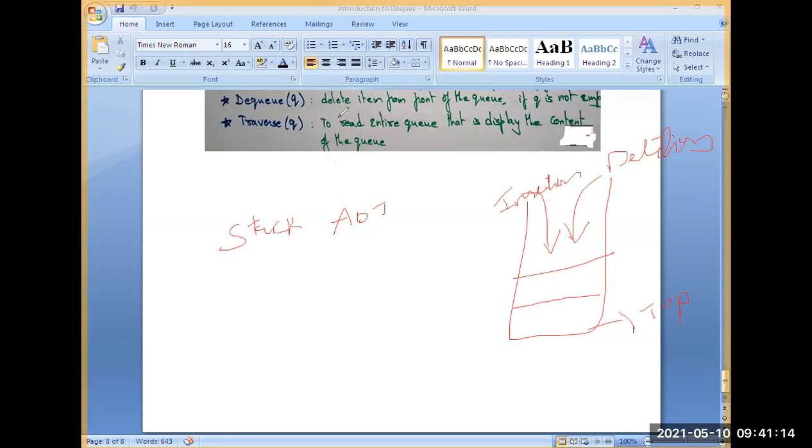So what are the operations we are going to perform on stack? You already know. First one is push. We can push the element into the stack or insert the element into the stack. Next one is pop, or delete the item from the stack. Next operation is top. You can know the topmost element of the stack.